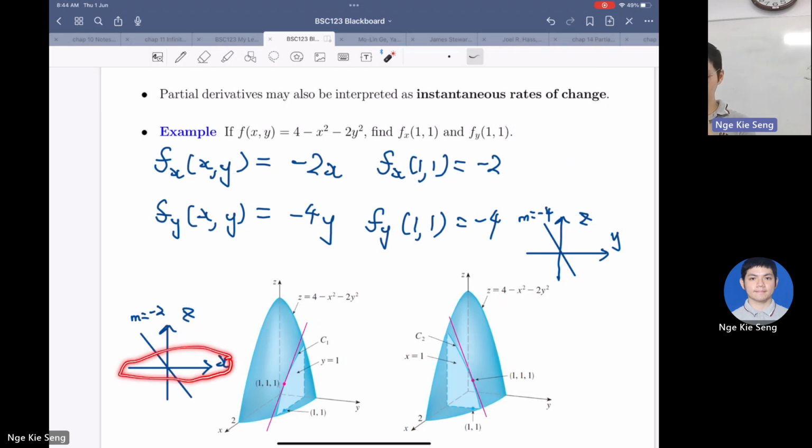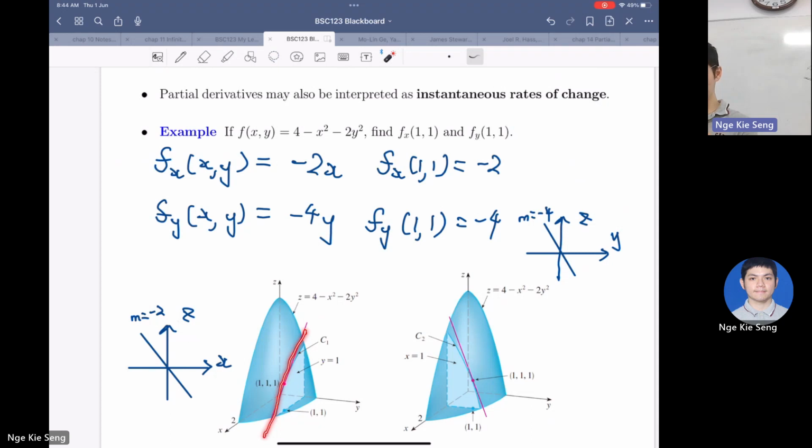This axis is facing up at the moment, so you need to turn this diagram around and match up the z-axis. Then you will see that this line is actually this red line here. It means that if you stay on this surface and go in the x direction, it is decreasing from the origin